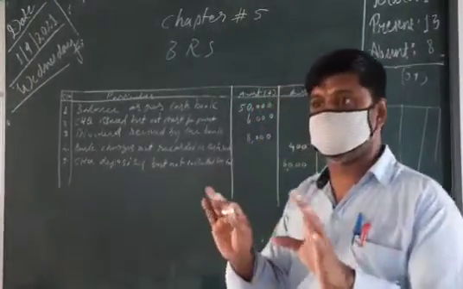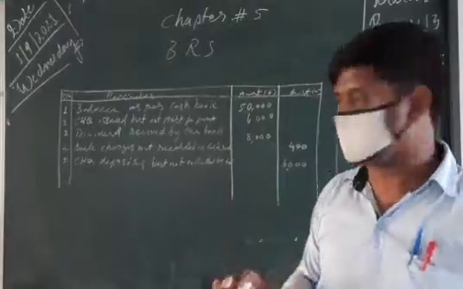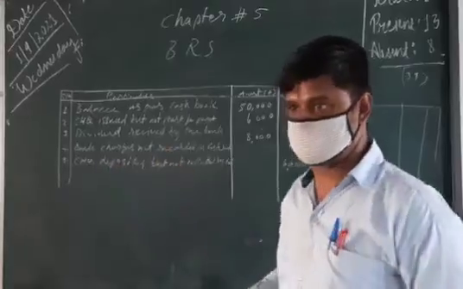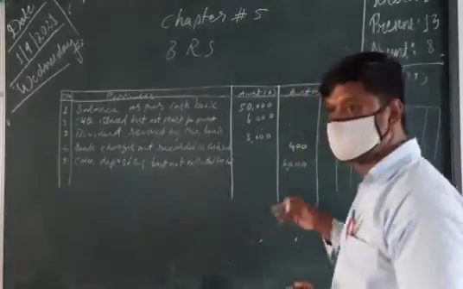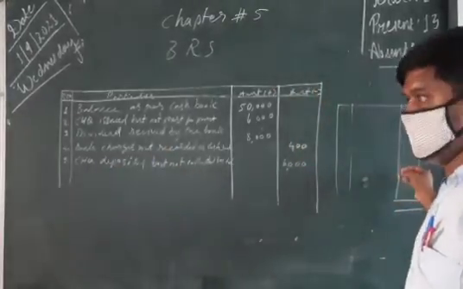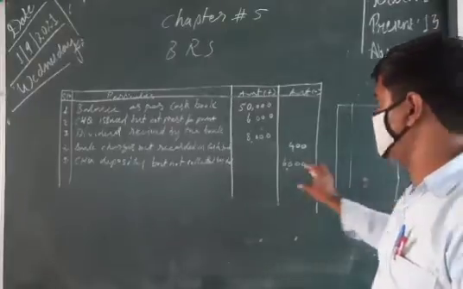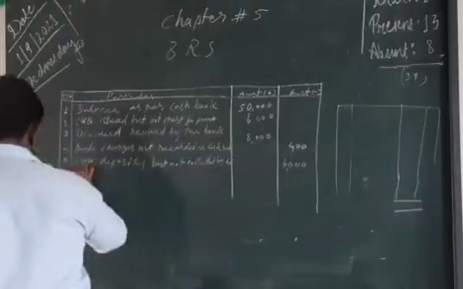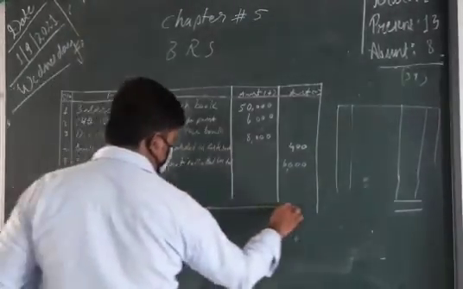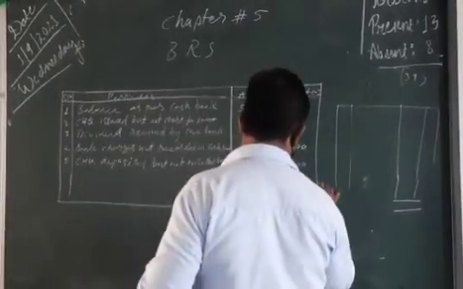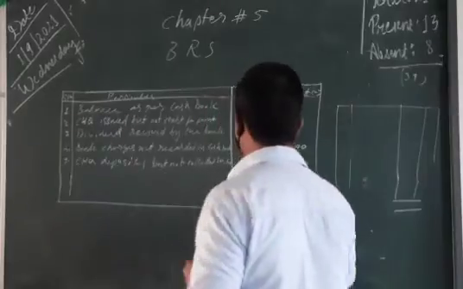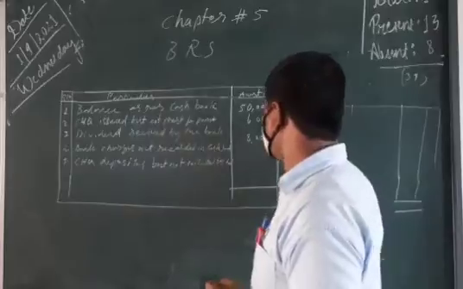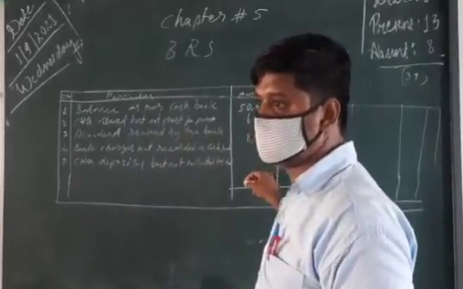Actually in your class you need not study that, I just mentioned it. In the same way, for the checks we send for collection, we find out the total amount here. So now you can see we take the total of both sides. Which side has more? This side has more. Now, how much is the total?